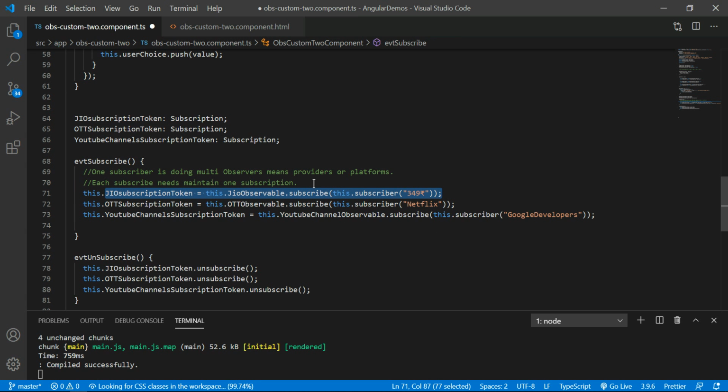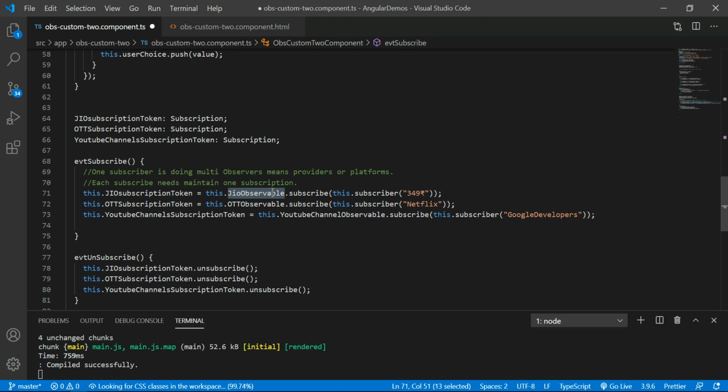Whenever you are writing a subscription, you have to take a unique subscription for the different subscriber. I am passing only one subscriber, with different observables.